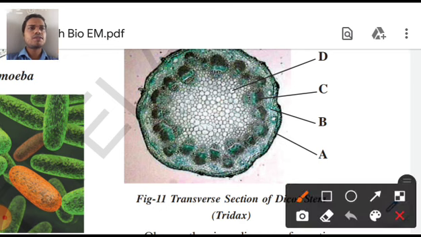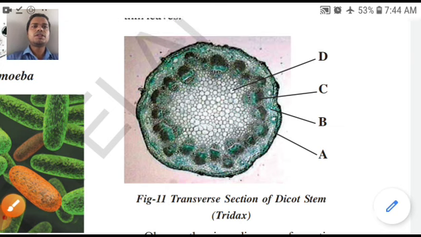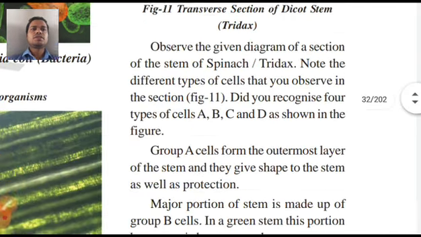Now the next one, what is the next one? The storage tissue. I said that this is called storage tissue. I already told you, after using up all the food material, the food will be stored in the center portion. Not only the food, inside this area water will also be stored. I hope you have seen so many cactus plants, also aloe vera plants. If you see the aloe vera plant, all the water is stored in the center, no? So these are specially designed cells to store food and water. Now let us move to the next topic.